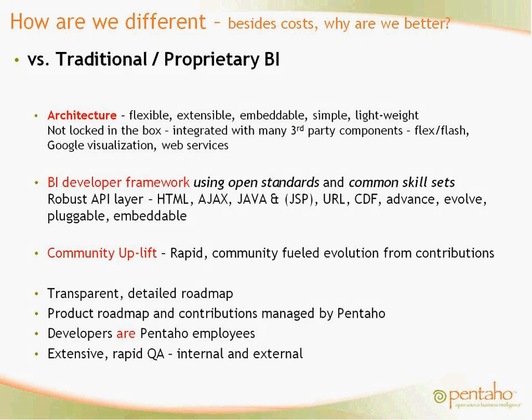So first, I want to just cover how we are different. Within the commercial open source model, obviously cost is going to be the biggest differentiator, but we want to discuss more than just cost. How are we different, let's say, versus a traditional or proprietary BI? It's not so much a feature versus function. Some of it is, which you'll see today, but strongly we are differentiated by our architecture, built on open standards,